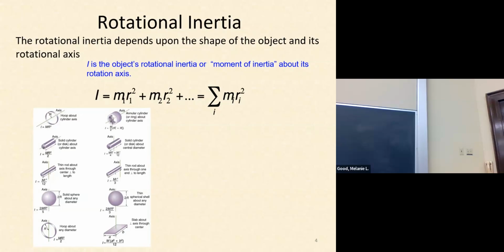A lot of times we don't actually need to compute that, because if it's a regularly shaped object, then these answers have been worked out. Somebody has done that integration for us and compiled it on some sort of a chart or a table that tells me about regularly shaped objects and what their moments of inertia are, depending on what axis I rotate the object about. So for instance, if I have a chunk of wood that's a rectangular block,